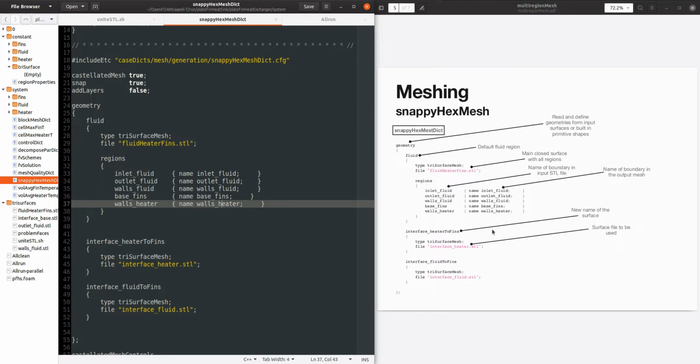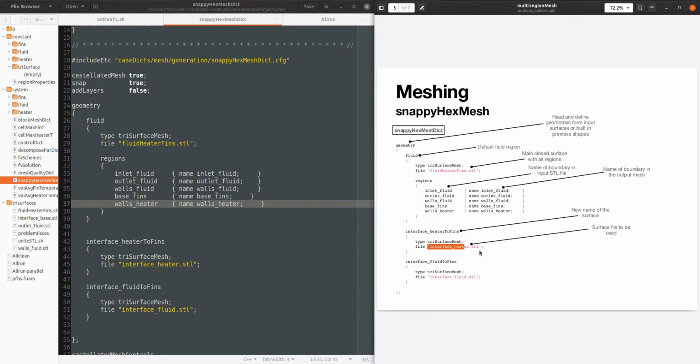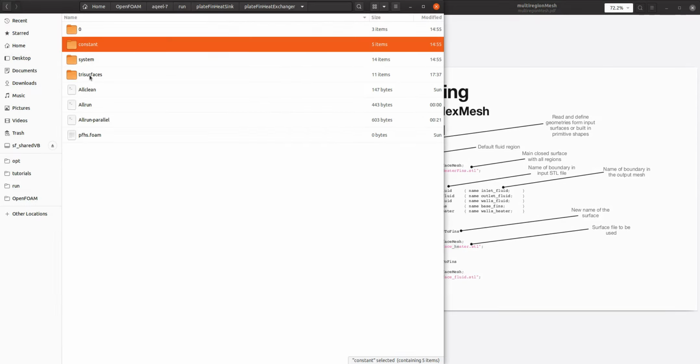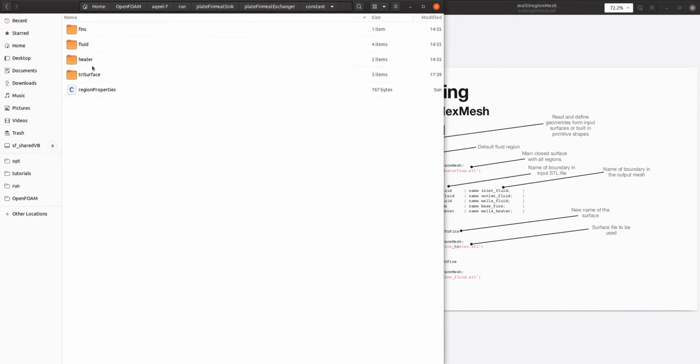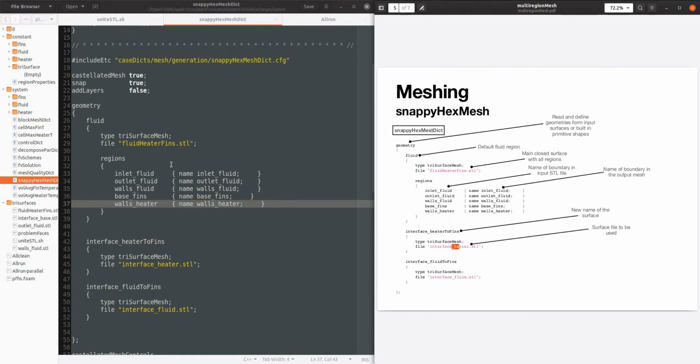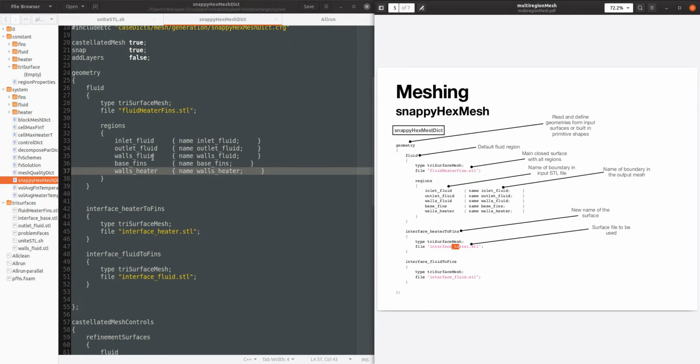And the other thing that we need is to also read the surfaces that we define for the interface of heater and interface of fluid. In our case, we name them interface fluid and interface heater as well. This is the only thing that we need to add in the geometry section.